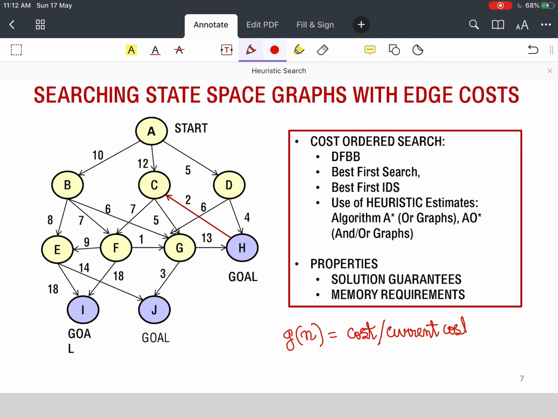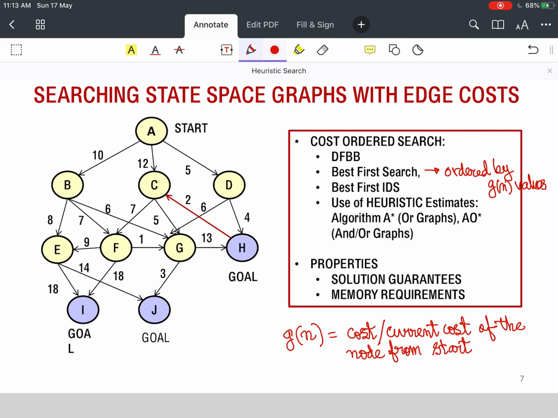Whereas in breadth first search, instead of putting nodes at the end of the queue, we now order the list. So in breadth first search, we order the list by g values. Then it becomes best first search.